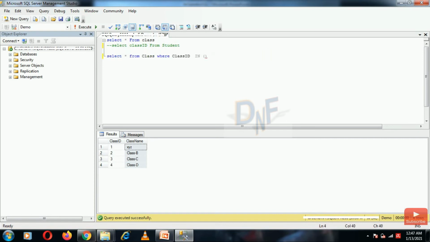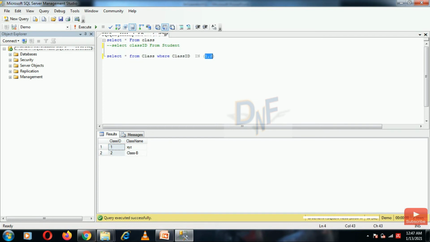Simple select query, you can see here. Select from the class table where class ID IN, and we put the values that we want to match with class ID. So I put 1 and 2. Let's see what the result will be. You can see only two rows are displayed because of these class IDs present in the IN operator.